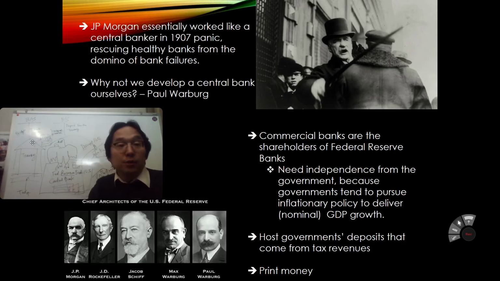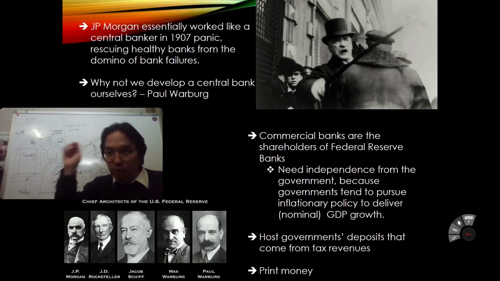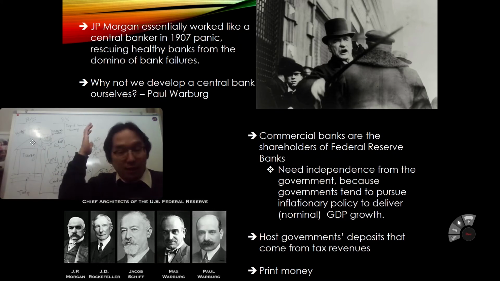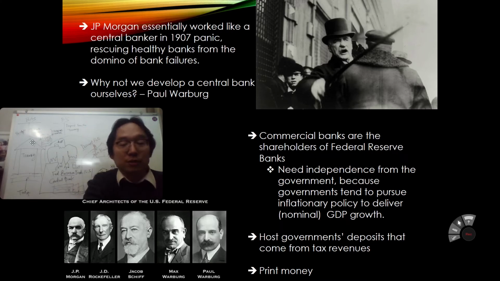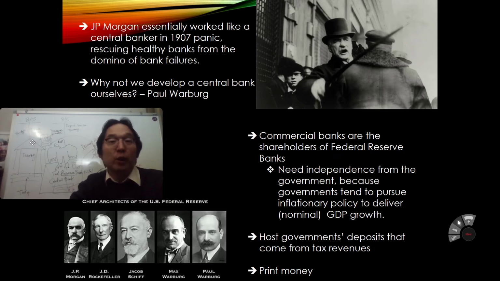He gathered those bankers and creditors together and said, "These banks are solvent, so don't worry. Those banks, you're in trouble. Go to hell." So J.P. Morgan was essentially the one cutting that domino effect and controlling the whole system. A single person doing this kind of job for the whole country, the whole continent, right?